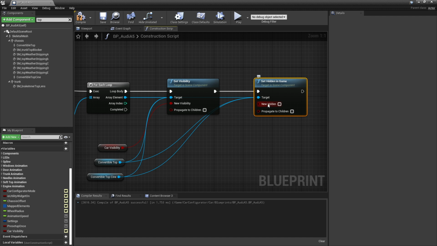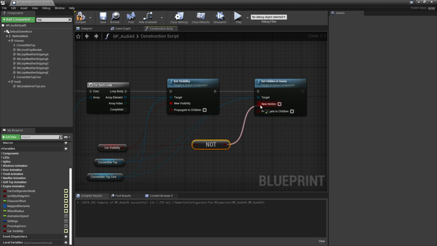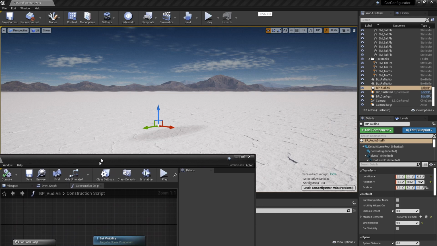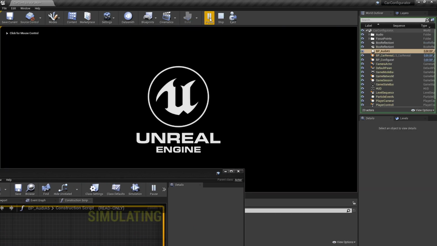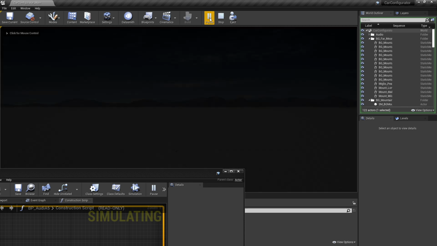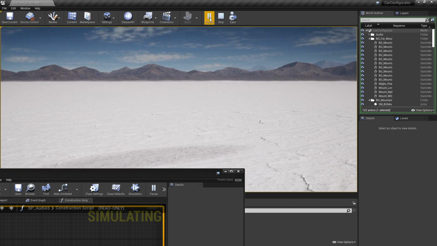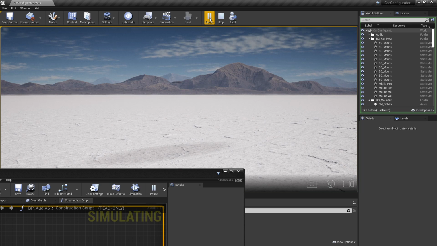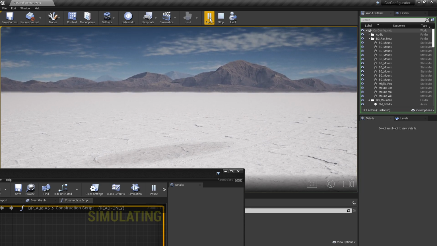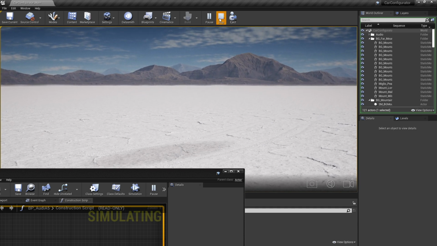And this new hidden variable, we want to have driven from that same car visibility, but it needs to be the opposite. That's really simple to do by dragging out and searching for not Boolean and wiring the not Boolean into that. Now if we compile this, shrink this down and hit play, you're going to see that it behaves the way you would expect. Nothing's visible. We do our camera fly up. Everything looks cool. The little UI element comes on where we used to see the seats and the door panel show up, and it's all still invisible. So we've got our Audi hidden now, which is awesome. Let's stop this from playing back.